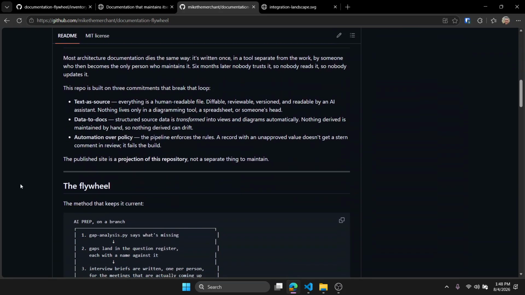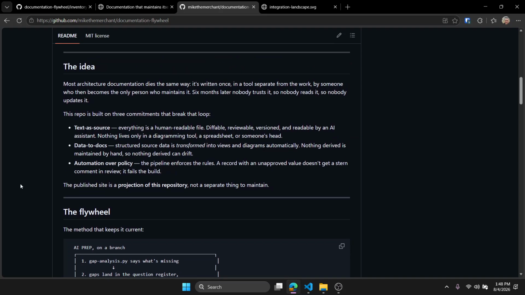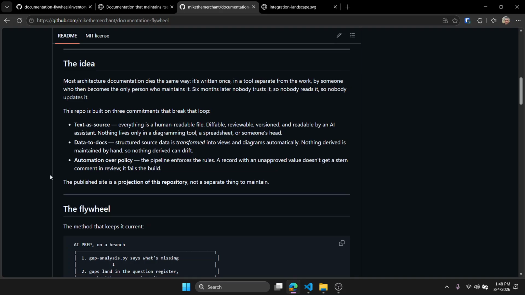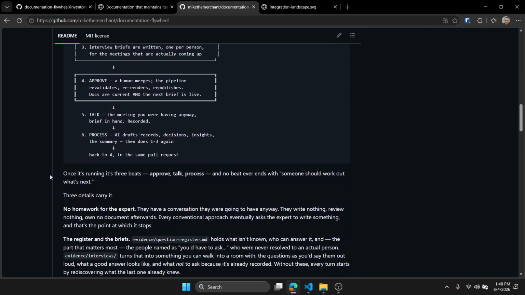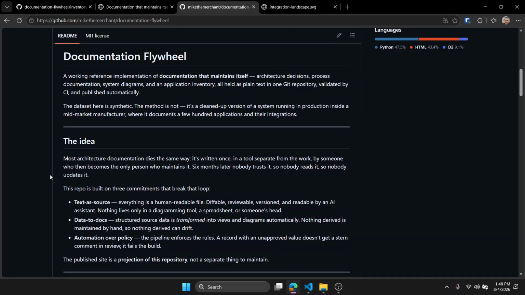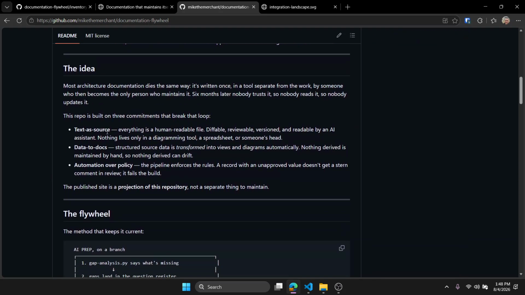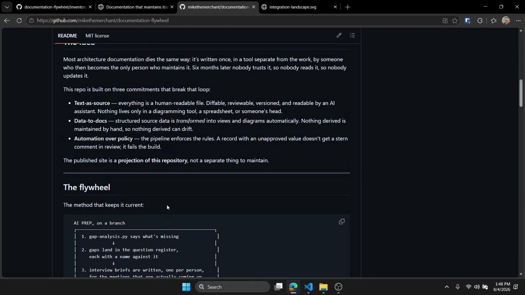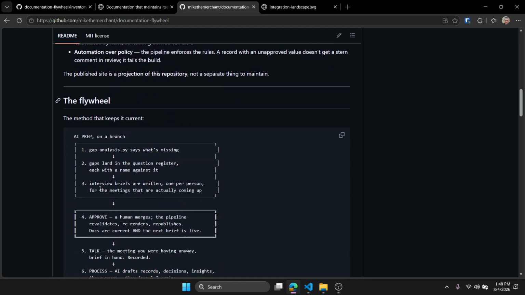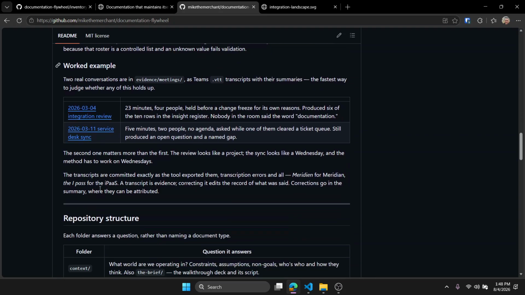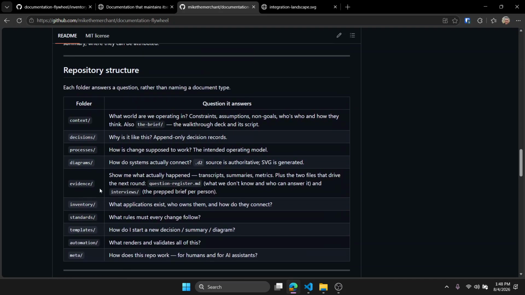and then I use the AI to essentially process transcripts from people in meetings and create documents and visualizations. So the README has all of this structure laid out. We'll go back over the principles here, but